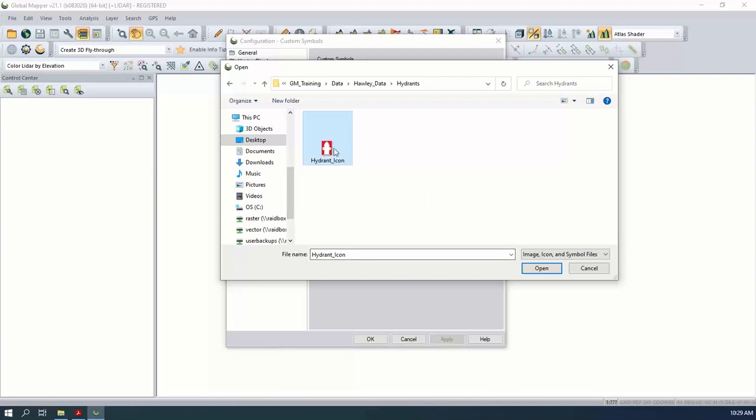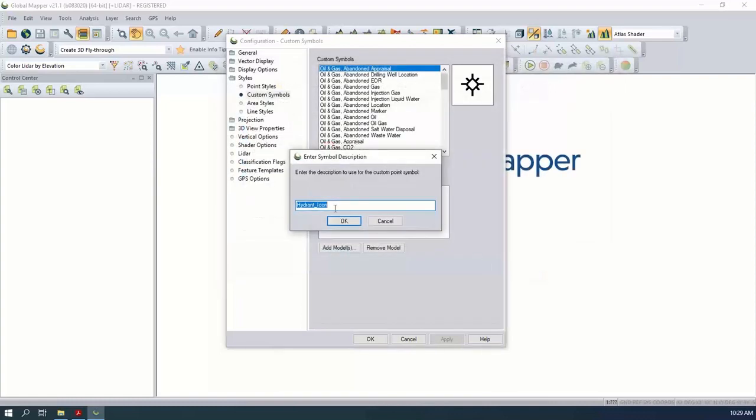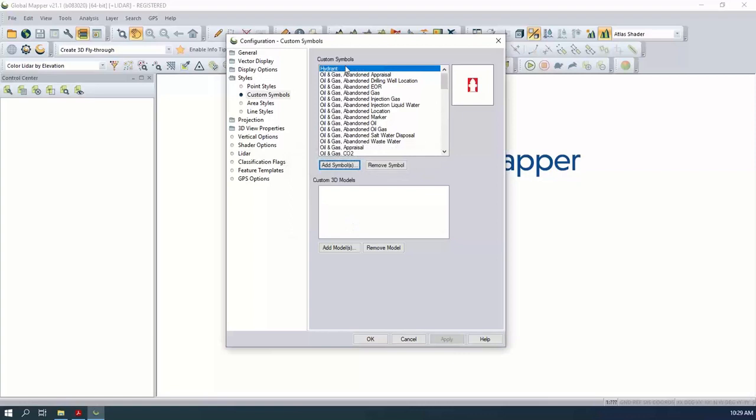So we're going to go ahead and select our hydrant icon to open and use for a custom point symbol. We're just going to name it hydrant, and we'll click OK. And we can see that that has been added to our list here. So we have a custom point symbol. This can be set as a point style for some point features we load,